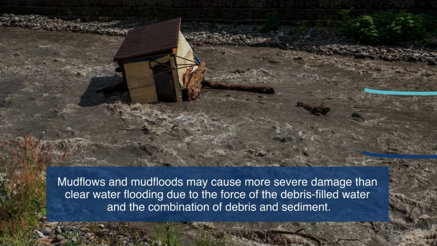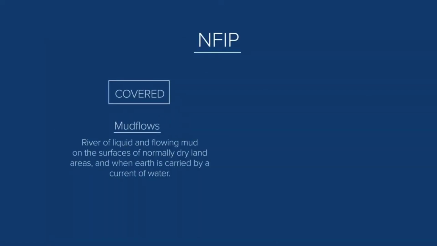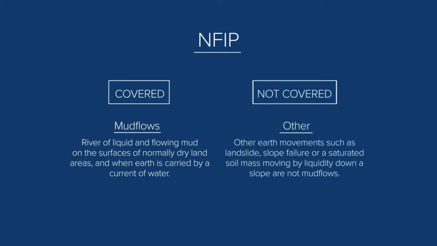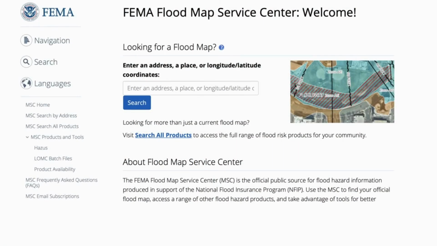For mudflow to be covered by the NFIP, it is defined as a river of liquid and flowing mud on the surfaces of normally dry land areas, and when earth is carried by a current of water. Other earth movements, such as landslide, slope failure, or a saturated soil mass moving by liquidity down a slope, are not mudflows. FEMA also provides digital